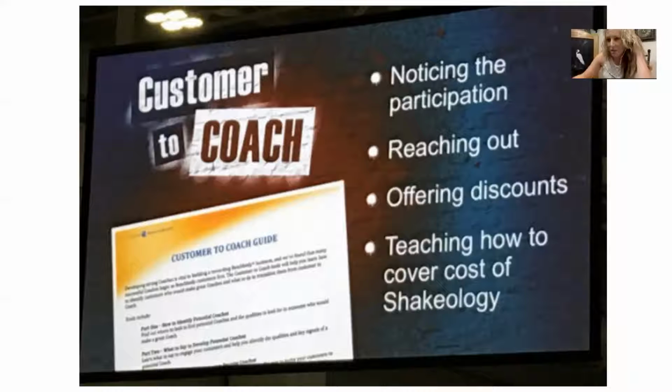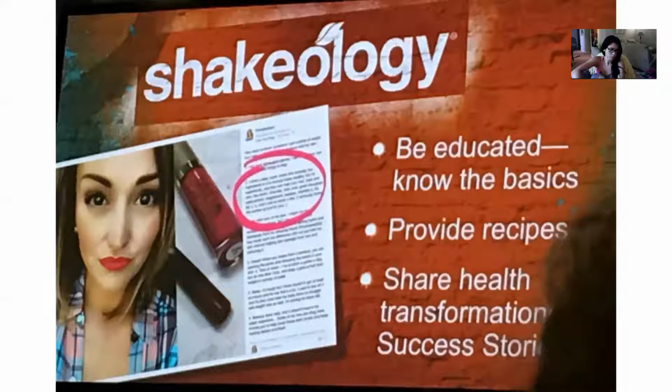Just reach out to them, say, like I just told you, hey, I wanted to offer you the coaching discount. It's a discount membership where you can save on your Shakeology every month. Would you be interested? Okay. And then you can tell them in the future, if they decide that they want to do more with this, that they could actually cover the cost of their Shakeology instead of having that $99 as a loss. They could actually benefit, cover their Shakeology, and even have potential to make more money. Yep. And all it is 3 people a month. And you hit Success Club when you do that too.